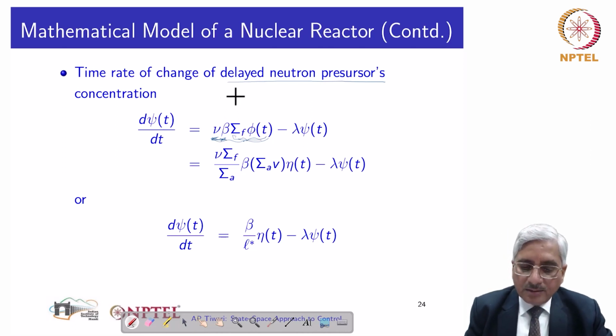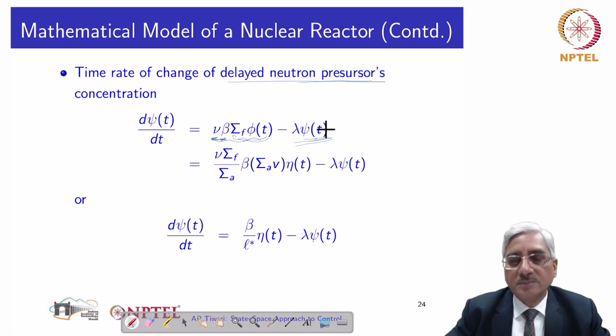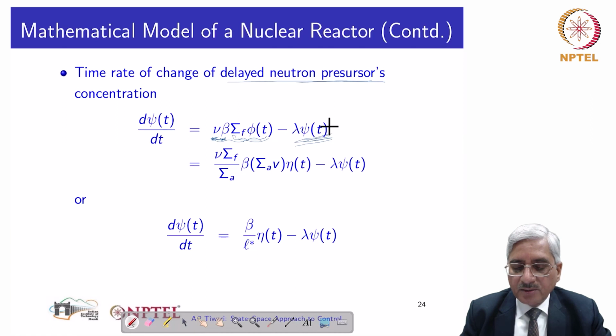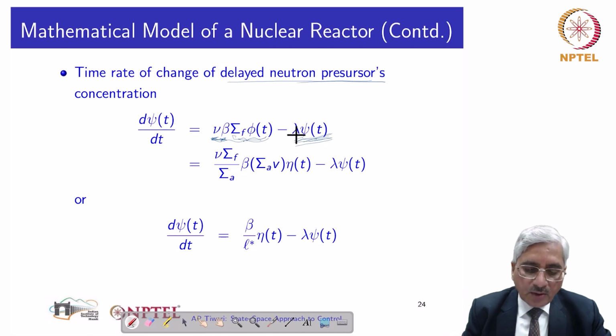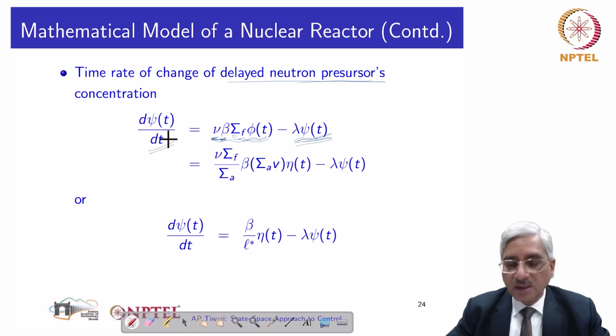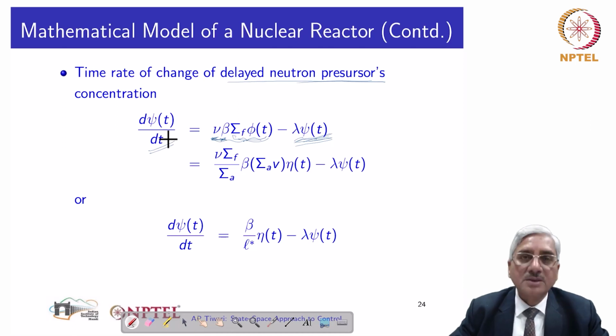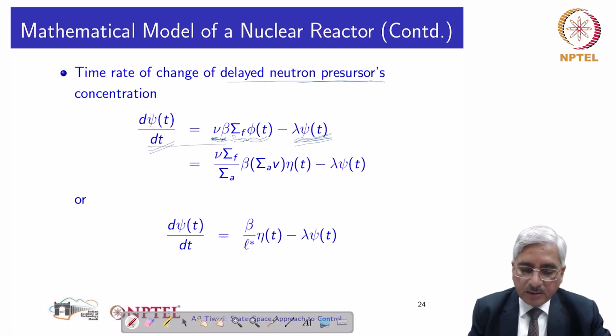And delayed neutron precursors are decaying. Decay rate is proportional to their population, because this is radioactive decay, so it is proportional to population, and that constant of proportionality is lambda, the decay constant. So at any time, the rate of change of delayed neutron precursors concentration is given by this expression,